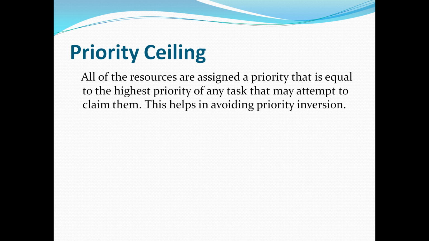Now in real-time computing, the priority ceiling protocol is a synchronization protocol for shared resources to avoid unbounded priority inversion and mutual deadlock due to wrong nesting of critical sections. In this protocol, each resource is assigned a priority ceiling, which is a priority equal to the highest priority of any task which may lock the resource.